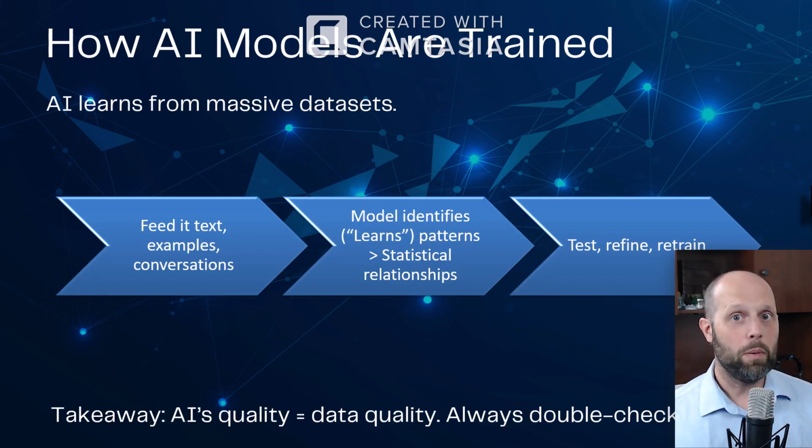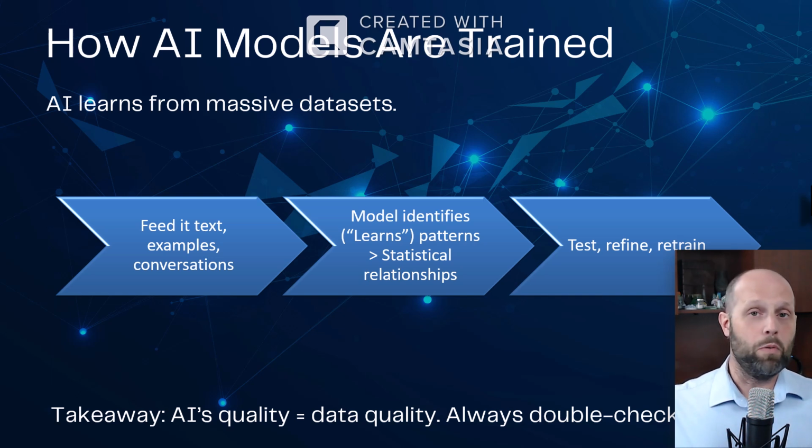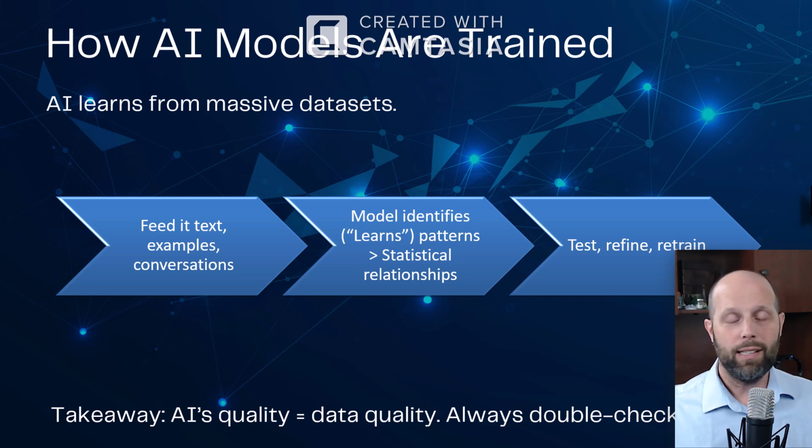Okay, so let's talk a little bit about how AI models are trained. AI learns from massive data sets. And if you watch the news, you'll see there's already controversy about these massive data centers that are using up municipal water supplies for all the cooling needs they have, and the citizens are angry. There's all this stuff that goes into training AI, but the fact of the matter is that AI uses massive data sets.